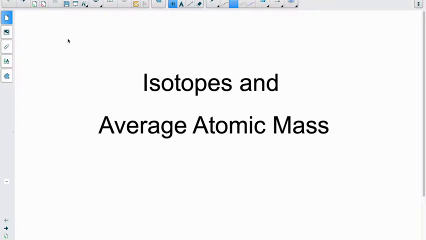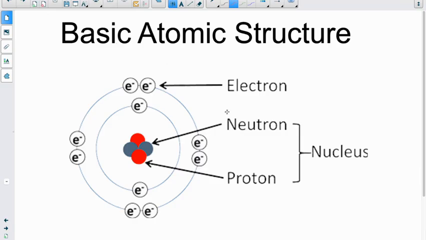This lesson is on isotopes and average atomic mass. You will recall from your previous studies in chemistry that an atom is made up of three subatomic particles, subatomic meaning smaller than the atom, namely electrons, neutrons, and protons. You will also recall that electrons are negatively charged and are found in energy levels outside the nucleus. Neutrons have no charge and they're found inside the nucleus, and protons have a positive charge and they're also found